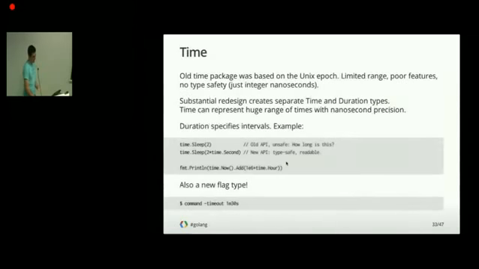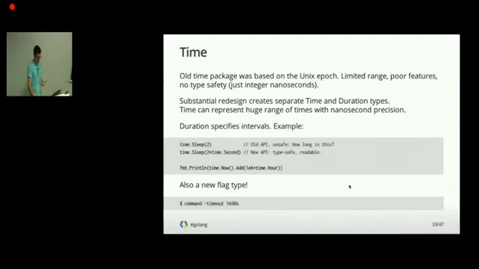Oh, a little bit more about time. So the time package was based on the Unix epoch. The new redesign includes time and duration types. And so you now have a time that can represent a huge range of times with nanosecond precision. And the duration type